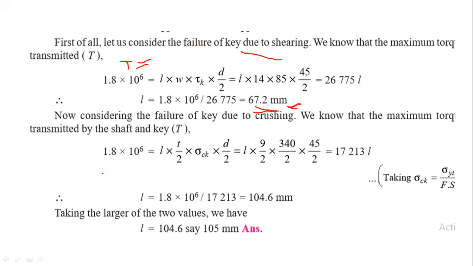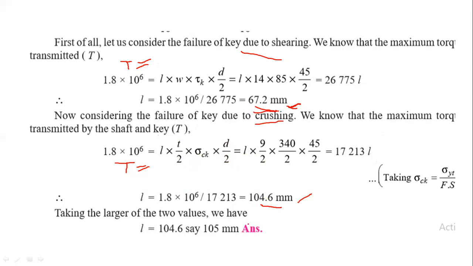In a similar way, you have to determine the length of the key on the basis of crushing strength. The torque induced in the key material equals length of the key into thickness of the key into crushing stress induced in the key material into diameter by 2. Now you have to substitute the values of torque, thickness, crushing stress, and diameter in this equation. You can get the value of the length of the key on the basis of crushing strength. So from this equation, the required length of the key on the basis of crushing strength equals 104.6